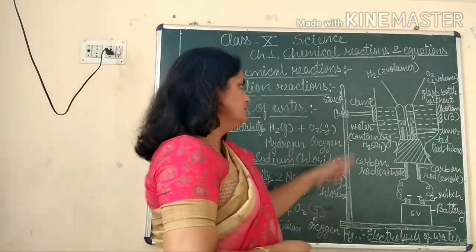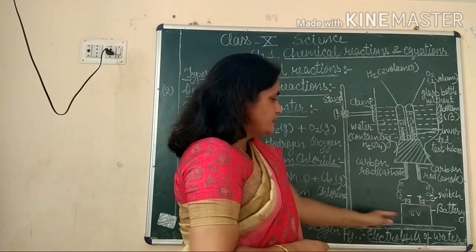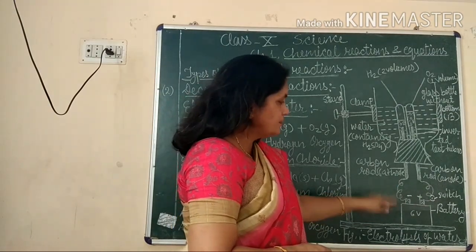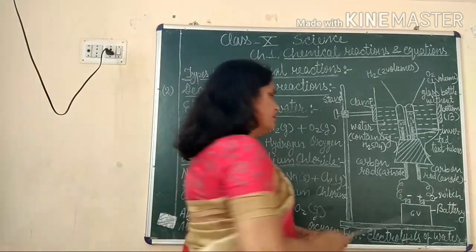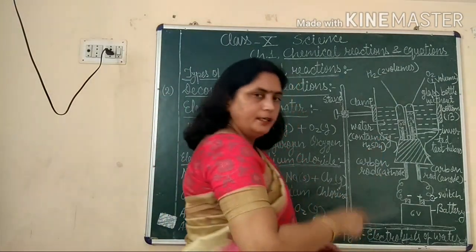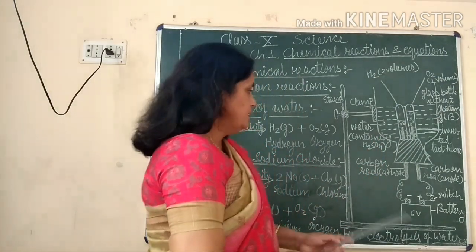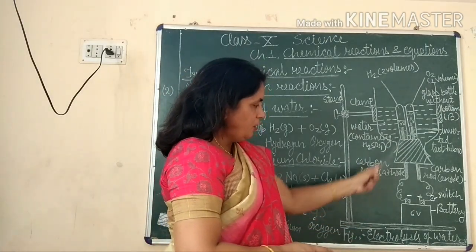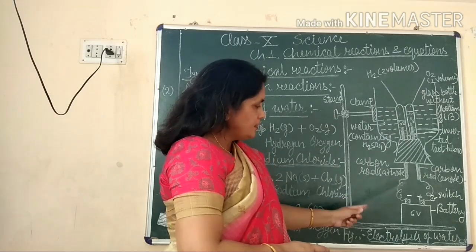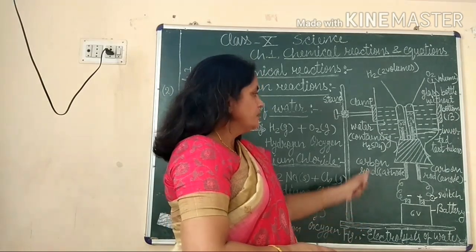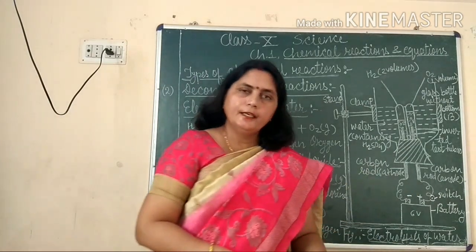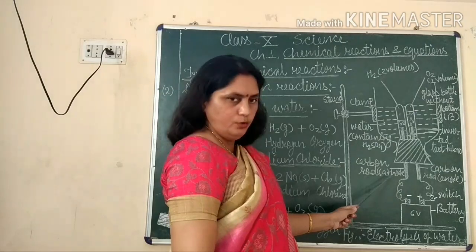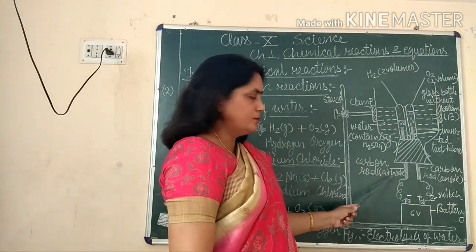Now what we do, here is a 6-volt battery and here is a switch. We switch on the battery, by which the electric current starts to flow. And children, because this carbon rod or graphite rod is connected with the negative terminal, it acts as the negative electrode, and the negative electrode is called cathode. What is it called? Cathode.